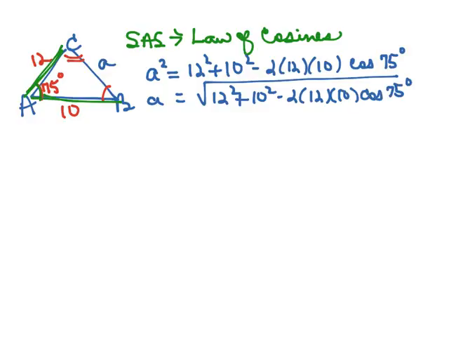Notice in setting up this formula that when I'm looking for side a, angle A is what's used in my problem, and the other two sides, the 12 and the 10. And it really doesn't matter in which order you write those. So to find side a, we're going to get out our calculator and take the square root of 12 squared plus 10 squared minus 2 times 12 times 10 times the cosine of 75, and that means that side a turns out to be